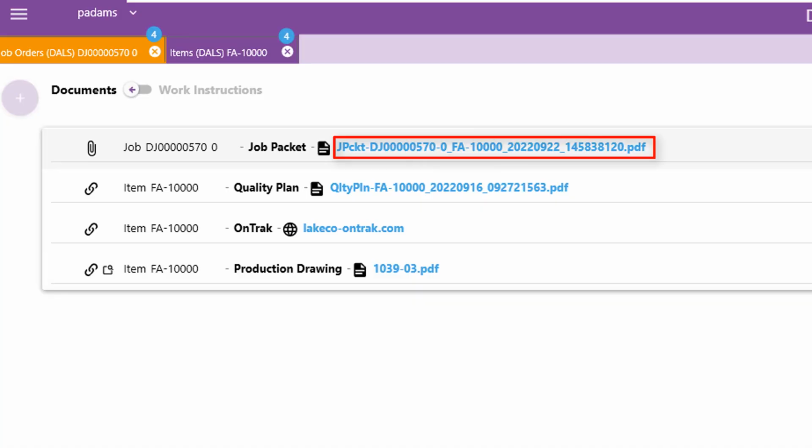Now, this will likely look a little different in your company, but the idea is that DocTrack can create a file name with important information from the record it was based on. In this case, it begins with a short prefix that tells you what the file is, which is a job packet. That's followed by the job and suffix, the item number, the date, and the time.